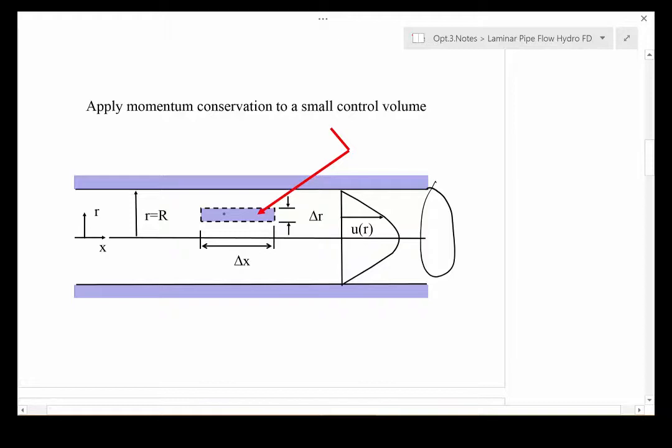Sometimes it's easier for me to think about this as, if we have this three-dimensional system, we're looking at a slice in there